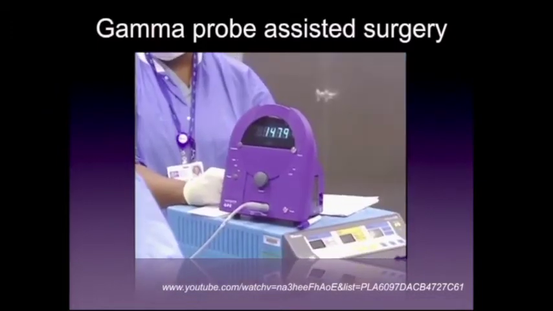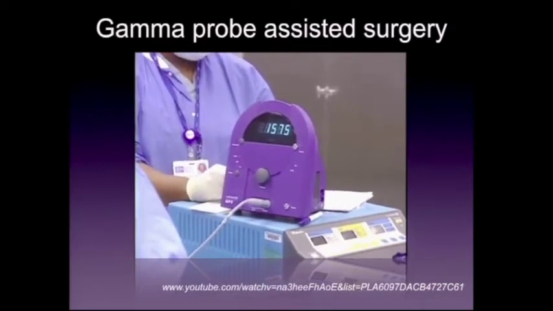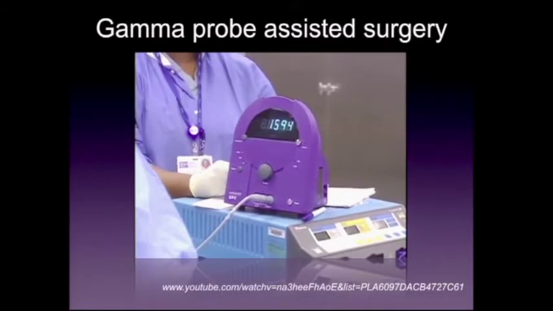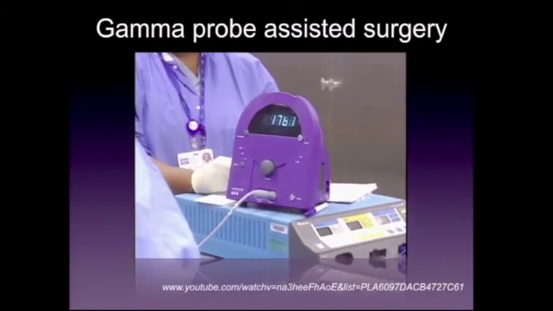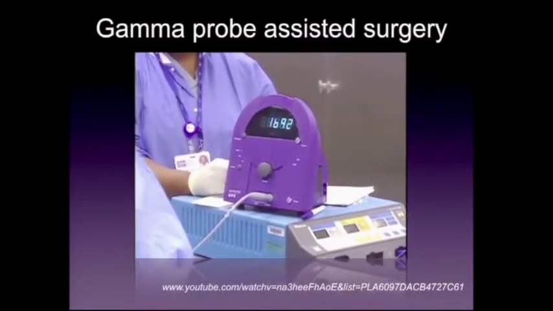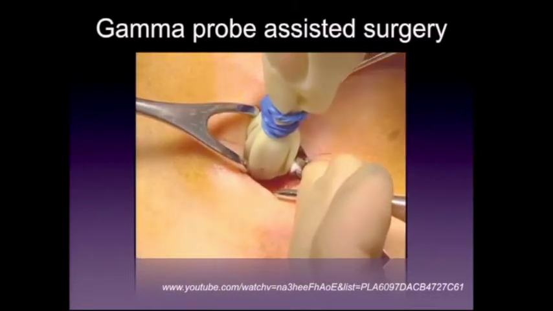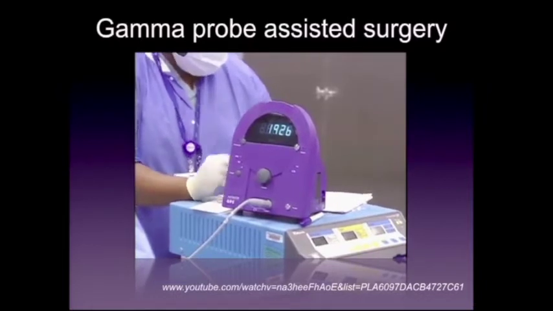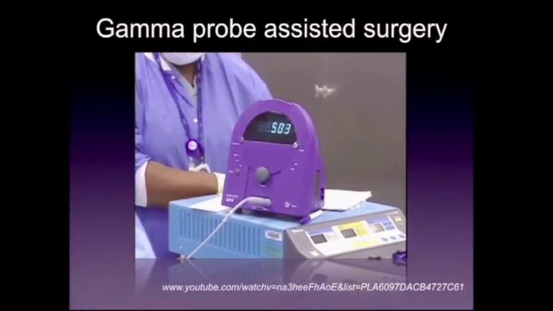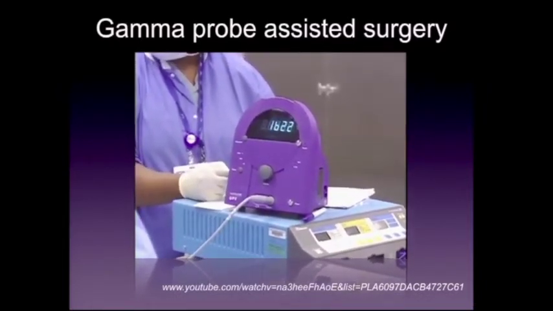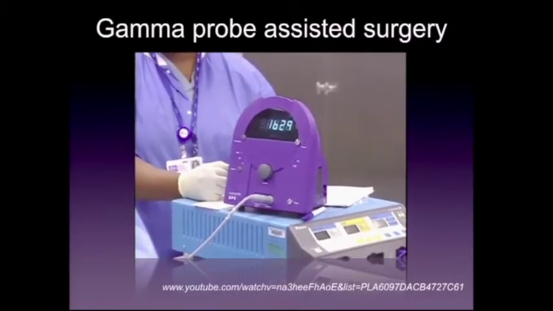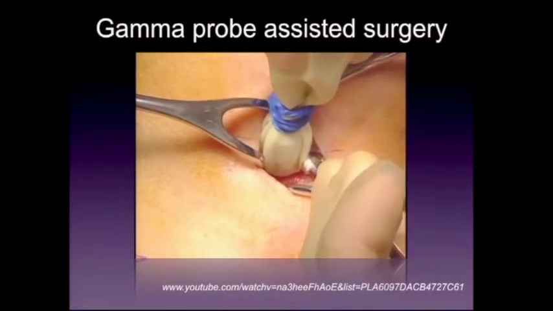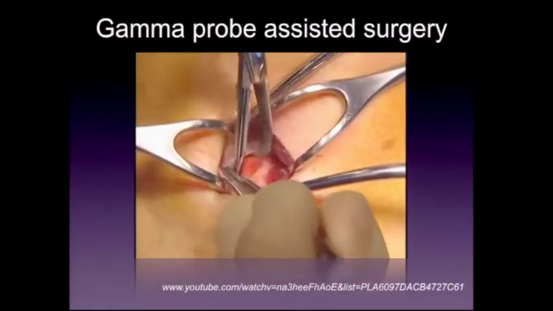And there they're enlarging. There is the device that the probe is hooked up to, and you see the count at the top that shows how many counts are being received by the probe as it's angled in various directions. And there's the probe in a sterile sheath, and what they do is insert it, and they angle it in different directions, and when the count goes up, they've hit the hot spot, and they know where to go. And you'll see the count go up shortly. There they are, they found it, so they know they're in the right spot over the parathyroid adenoma, and then